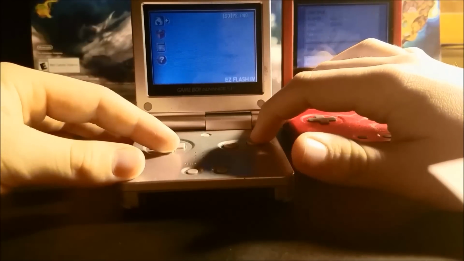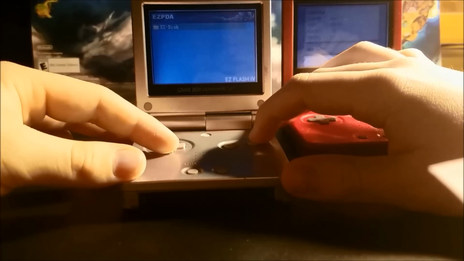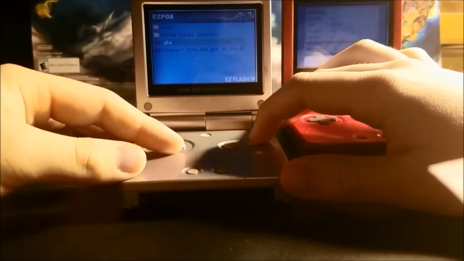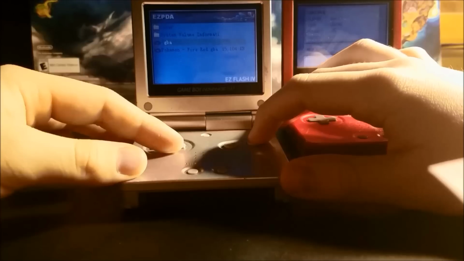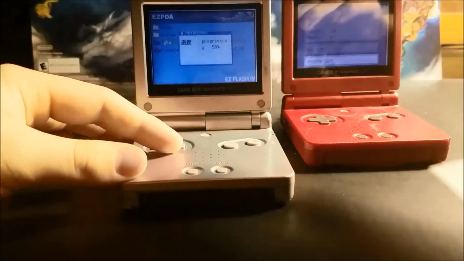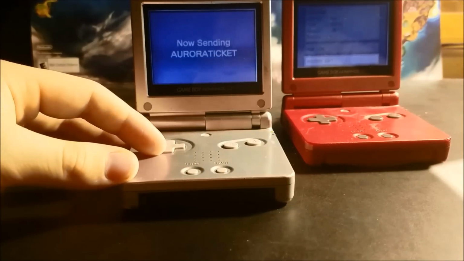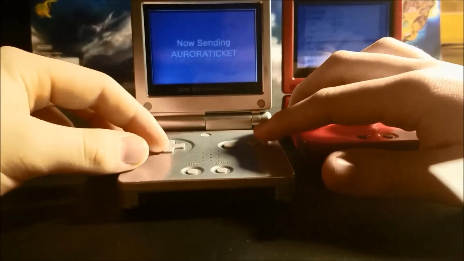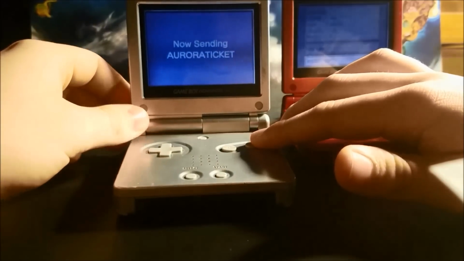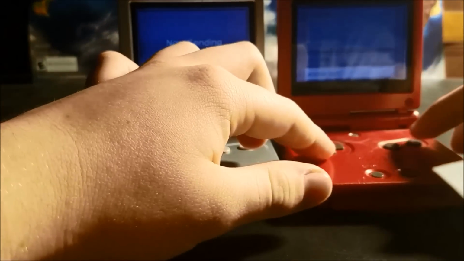You're going to click on the first option that has the globe, and then A again. You're going to go to your Easy Disk menu, and then the file will be named .gba. Then it's going to go ahead and load the ROM. After the ROM's loaded, if your wireless adapter is connected properly, you will see the message, "Now sending Aurora ticket," on that screen. Now you're good to go back to your other game, click on Mystery Gift,